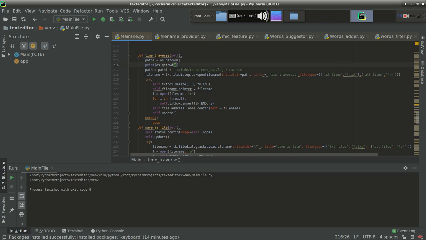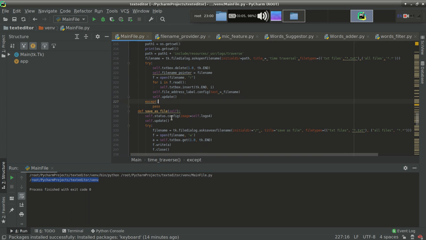You can see that it is displaying me this path. Text editor, then win. So path 1 is fine over here.